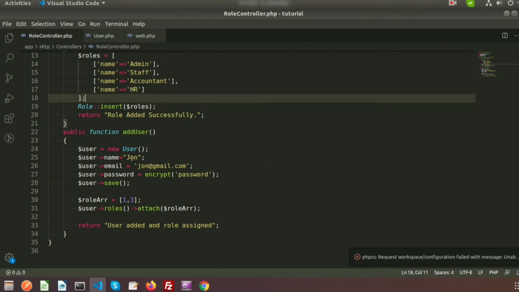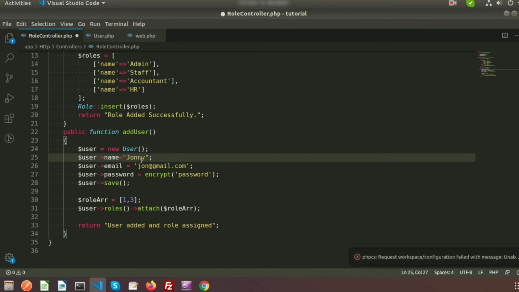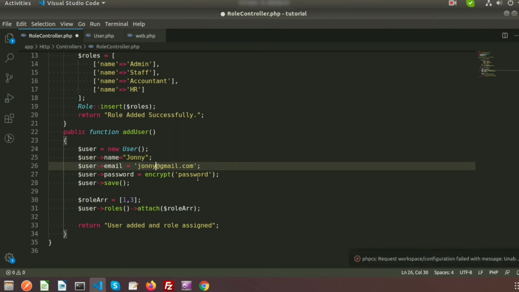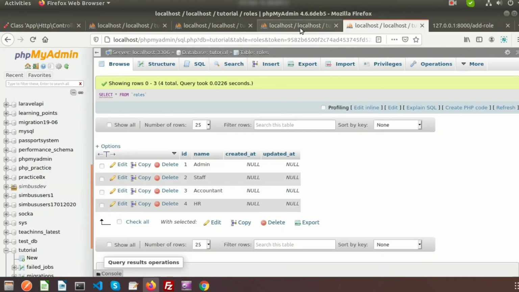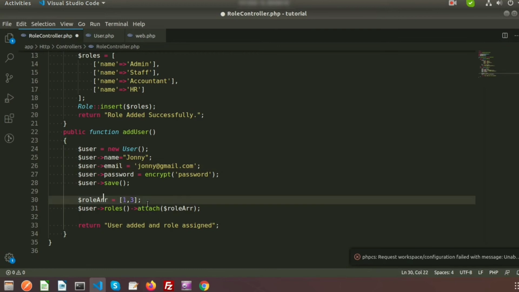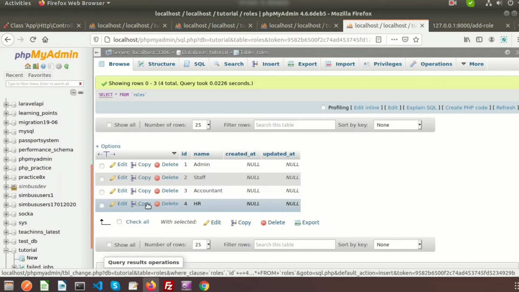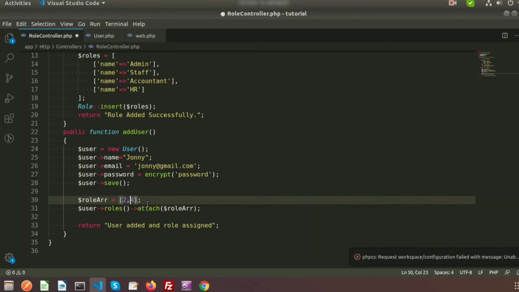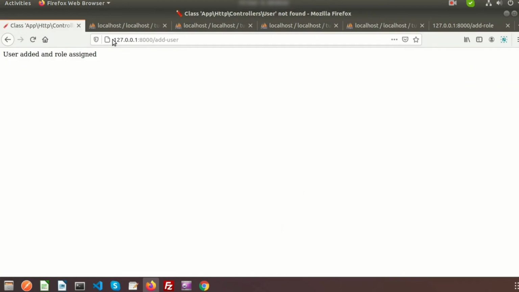So now let's set another user. So just change the value. Suppose I am using Johnny, and I am using Johnny@gmail.com, and I am providing suppose the staff and HR. So 2 and 4. So if we use 2 and 4, and I also want to assign the accountant, so I can write the 3. So for the second user they have the 3 role. So just